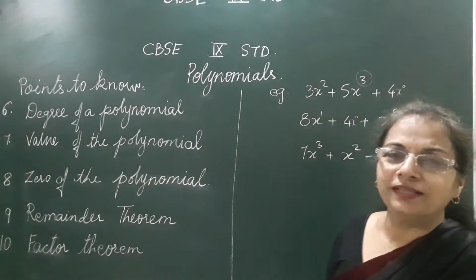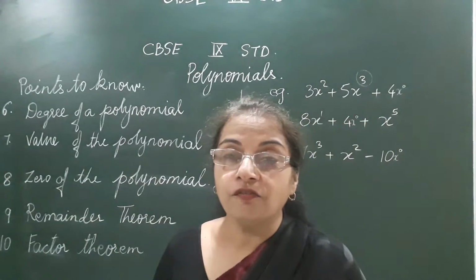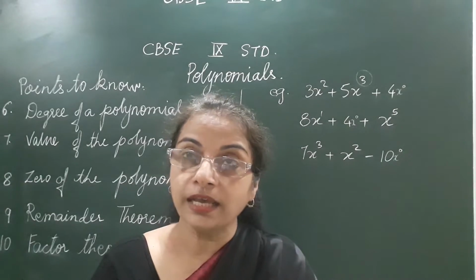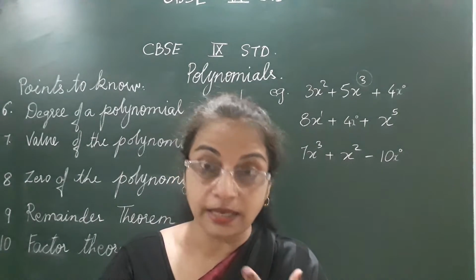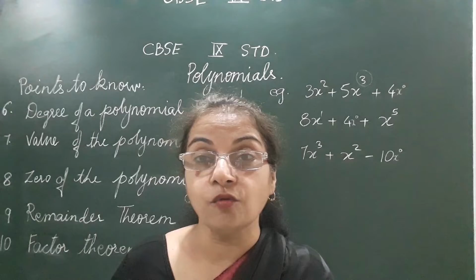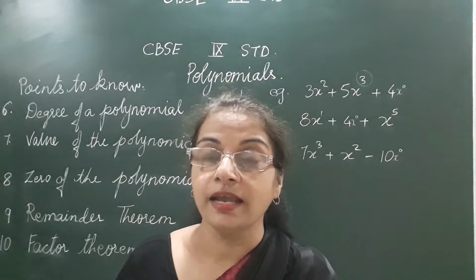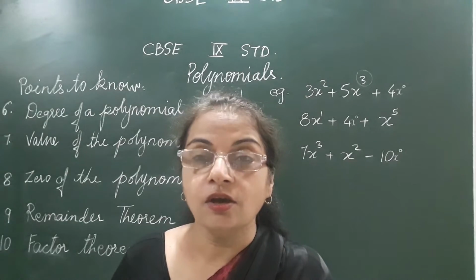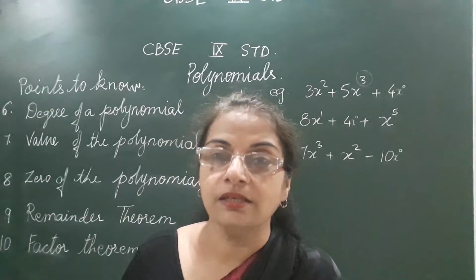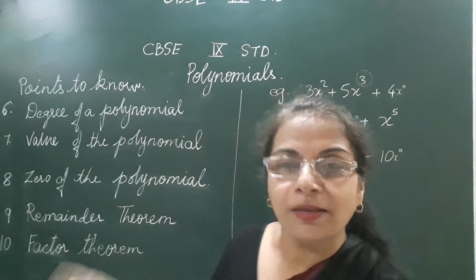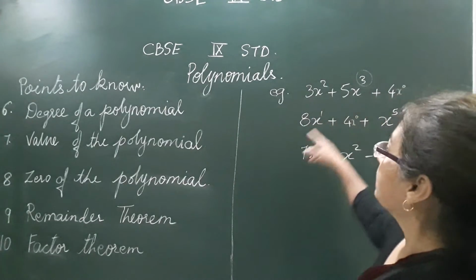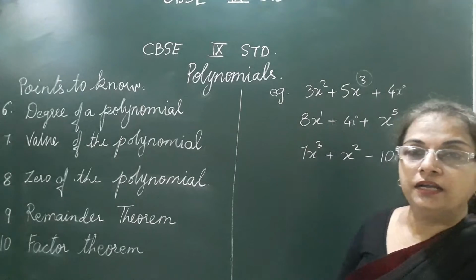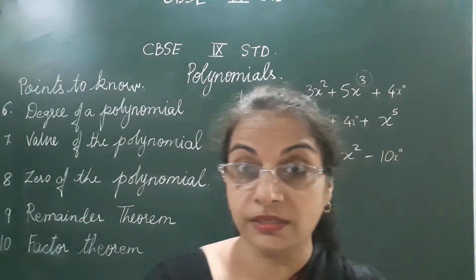Now, to remember this, I'll tell you a small technique. If somebody asks me, ma'am, what's your degree? I'm not going to say that I passed first standard, then second, then third, then fourth, then 10th, and so on. I'll say my highest degree. I'll say I am MSc, or BSc, or whatever the highest degree is. The same thing applies here also. The highest degree, the highest index of the polynomial, is called the degree of the polynomial. Remember this.